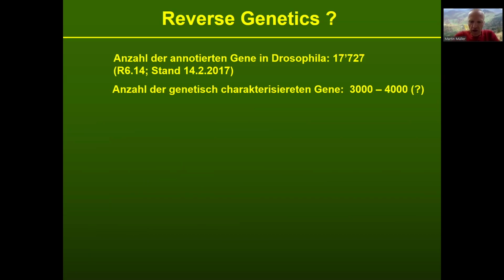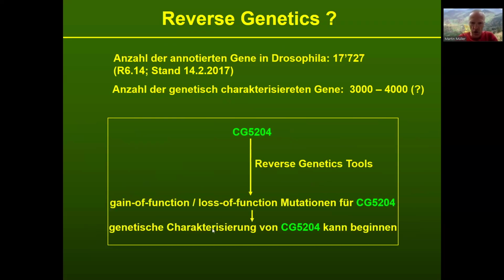you say, okay, this gene here has homology to another gene in human, for example, and you say, I would like to know what the effect of mutations in this gene in the fly are. No mutations are known. That's the starting point. So you decide, for example, I choose gene CG 5204 because this is